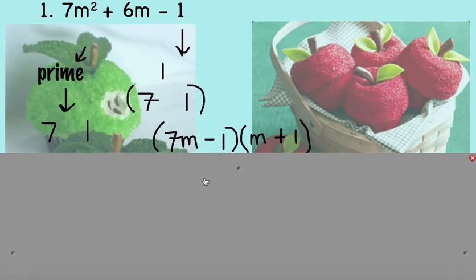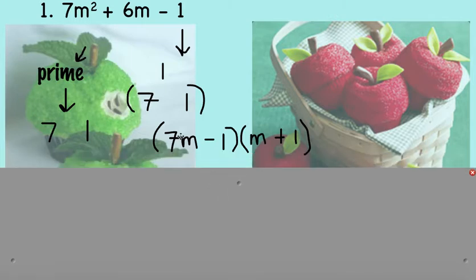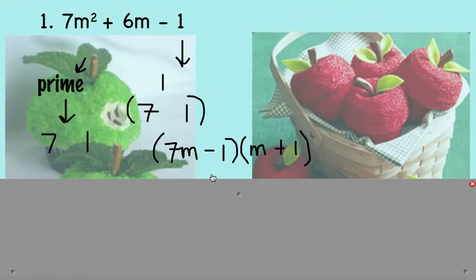So what we have to do then is decide which order they're coming in. The answer right here is 7m minus 1 times the quantity m plus 1. And that's because we want to look at what it has to be to get us a positive 6m. So when we multiply,